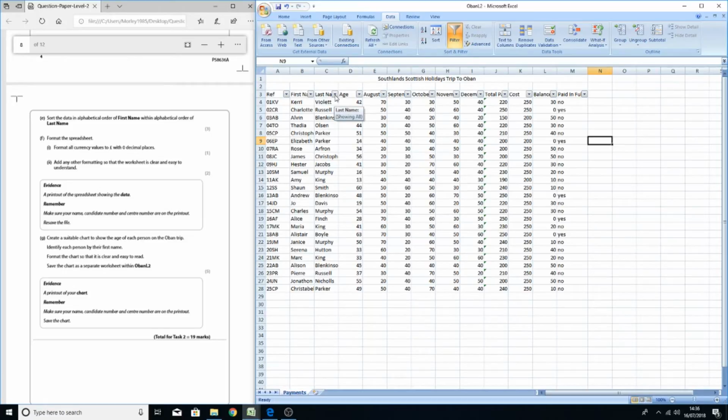So what we're going to do first is just try and filter A to Z from last name and see what happens. So it's filtered the surnames in alphabetical order. If you look at the first names, they're still a bit jumbled up slightly. We've got Alvin, then Andrew, and then we've got Alison. So that's not quite right. If I just press the back button,